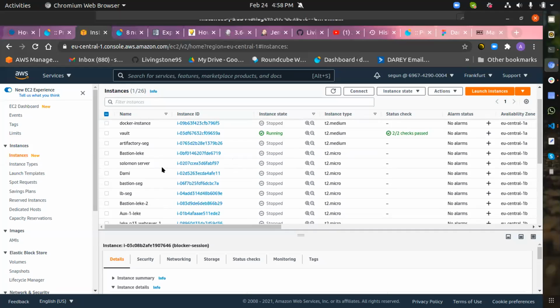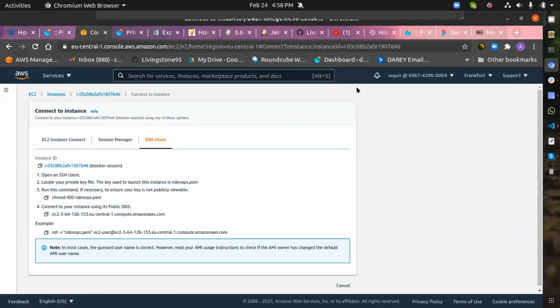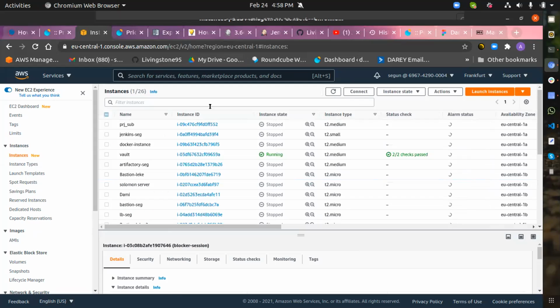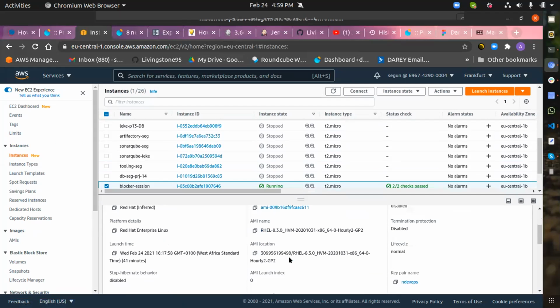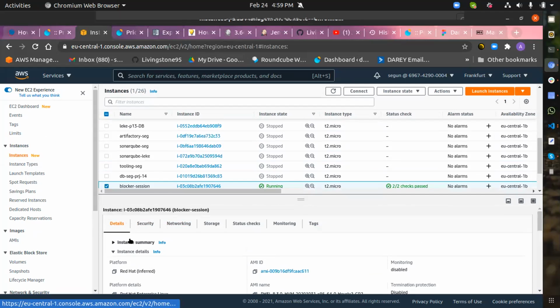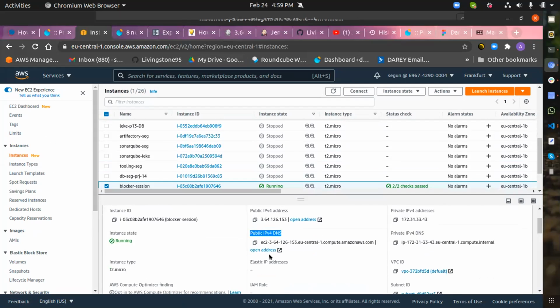Where's the instance again? Blocker session. So I've clicked on it, I'll come to connect. I'm going to copy this to my clipboard. No, not this, sorry. So you click on this, then I'm going to copy the public DNS. Click on instance summary, then I come to public IPv4 DNS. So I'm going to click on this. Then I'll go back to